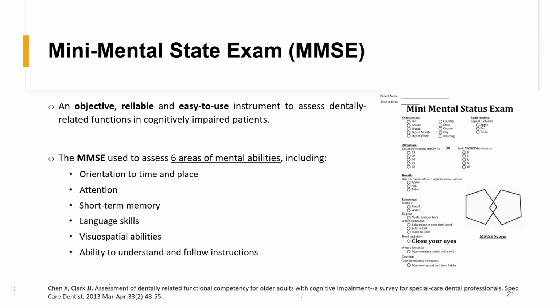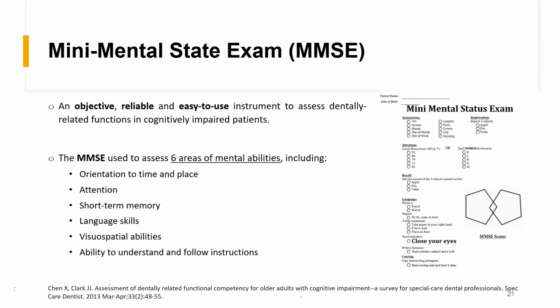The mini mental state exam is used to assess 6 areas of mental abilities, as we see here in this paper. The 6 areas include orientation of time and place, attention, short-term memory, also called recall, language skills,